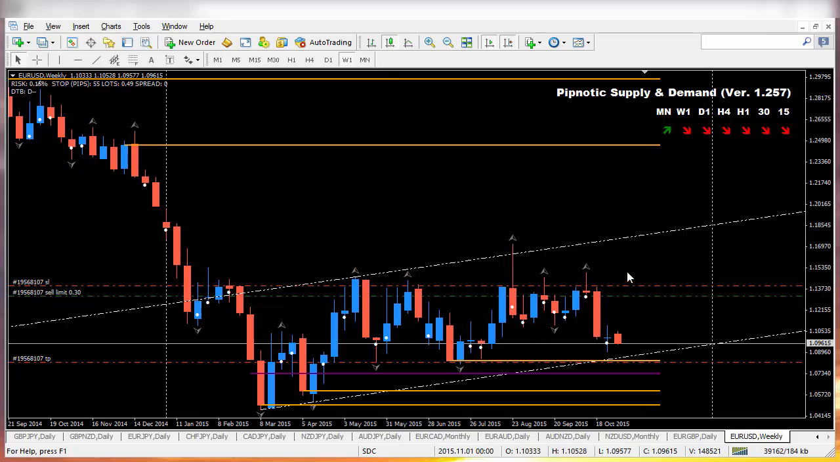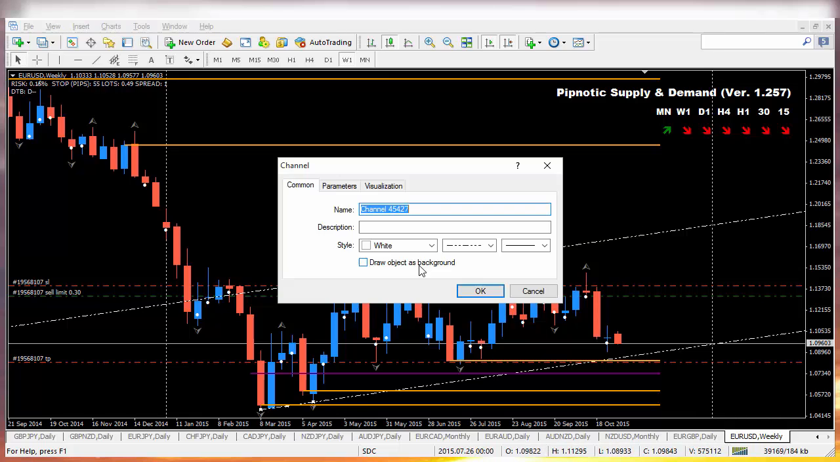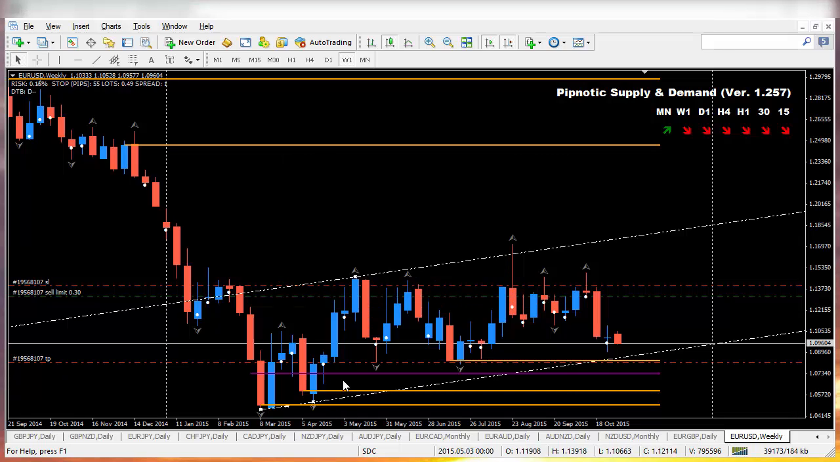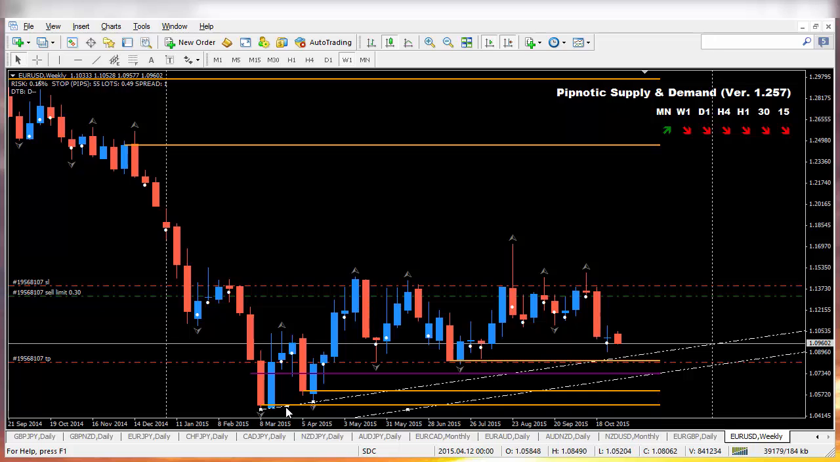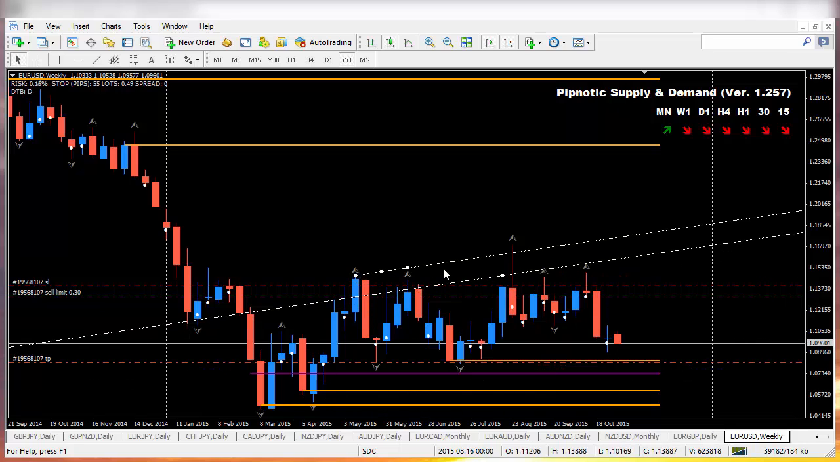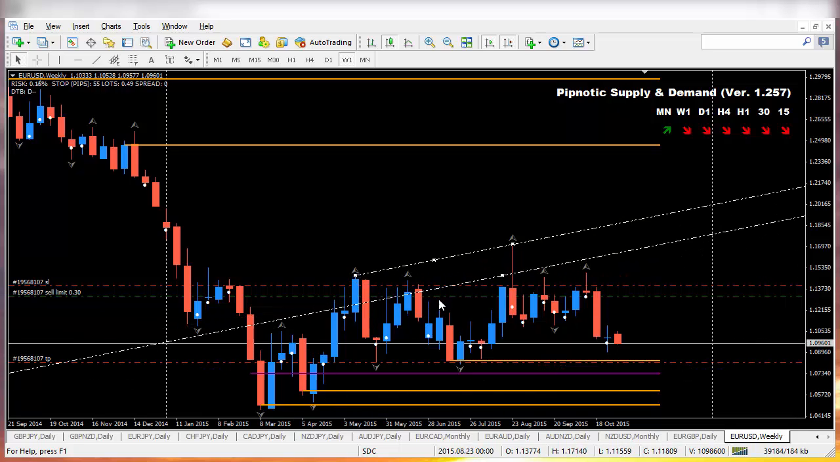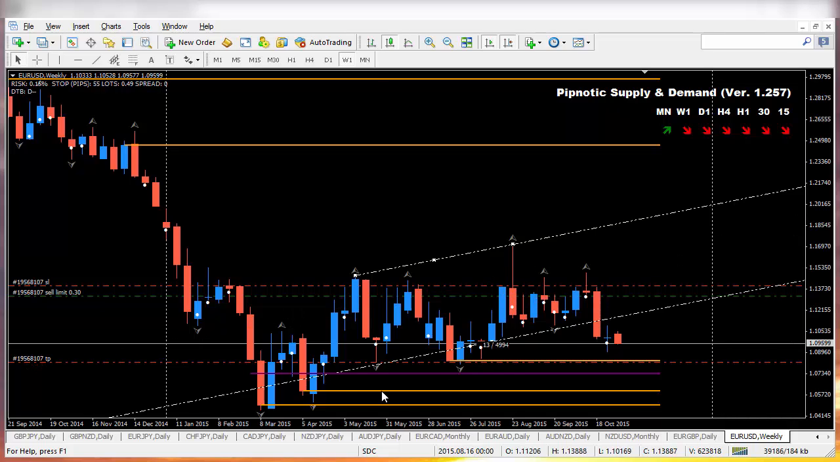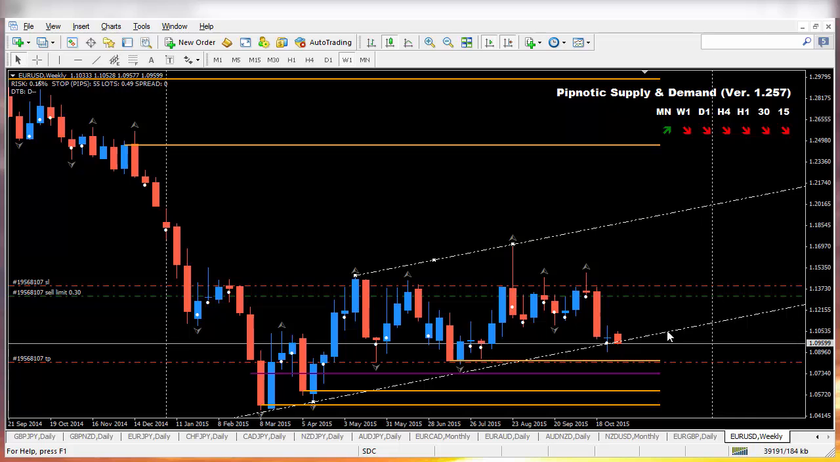Okay, here we have a channel I've drawn like this. Maybe we'll swap it around. We'll put this one up here, and we'll move the bottom of the channel down here. So now we're testing the bottom of the channel here, or the bottom trend line here. And you can see we're also testing this area